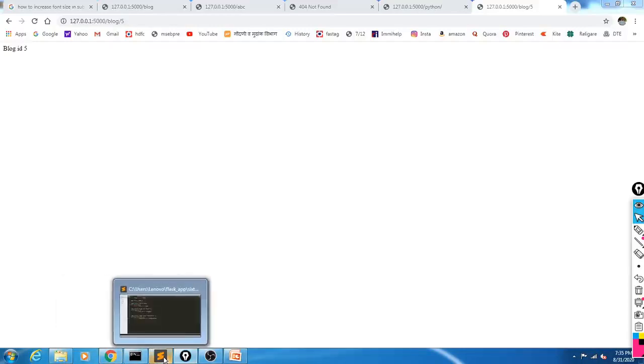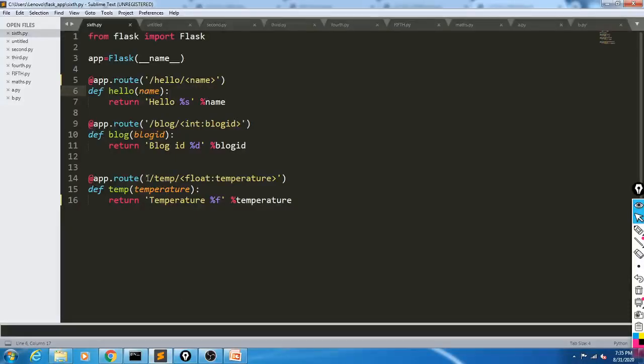This is a dynamic URL. And how can we pass a float value? Look here, the third function is /temp. The third URL is /temp, and what is the parameter here? The name of the variable is temperature, and this temperature has a float data type. This temperature is passed to the function temp because this function is associated with this URL.